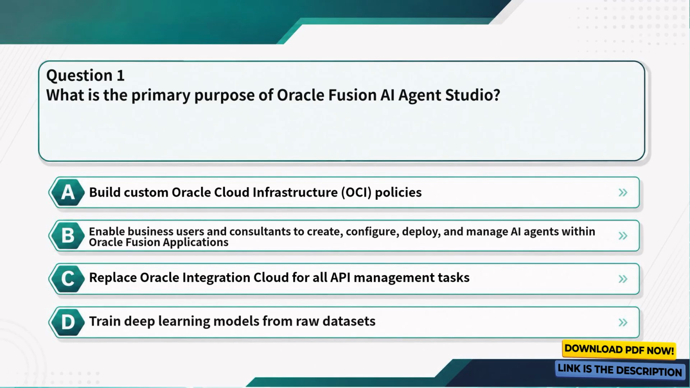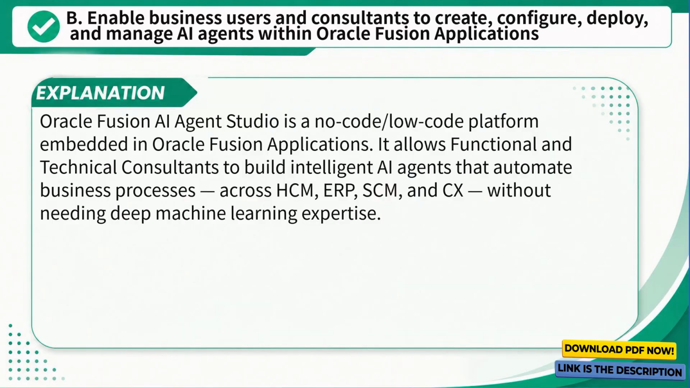Question 1. What is the primary purpose of Oracle Fusion AI Agent Studio? A. Build custom Oracle Cloud Infrastructure, OCI, policies. B. Enable business users and consultants to create, configure, deploy, and manage AI agents within Oracle Fusion applications. C. Replace Oracle Integration Cloud for all API management tasks. Correct answer. B. Enable business users and consultants to create, configure, deploy, and manage AI agents within Oracle Fusion